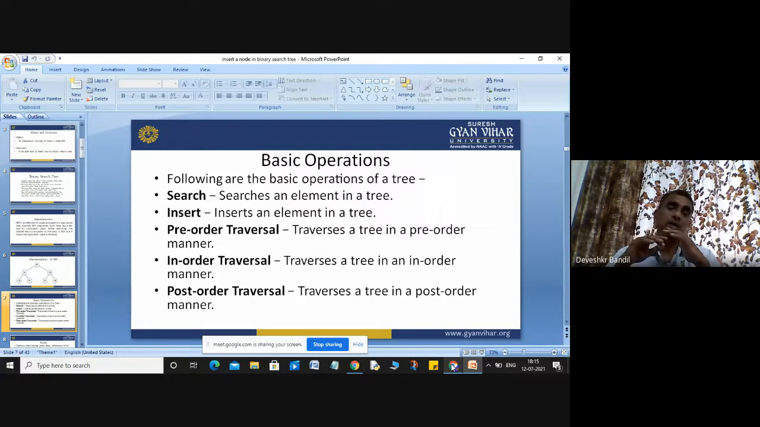In my past lecture, I had already discussed the pre-order traversal, in-order traversal, and post-order traversal. That's why there is no need to describe the pre-order, in-order, and post-order here. Okay, and now